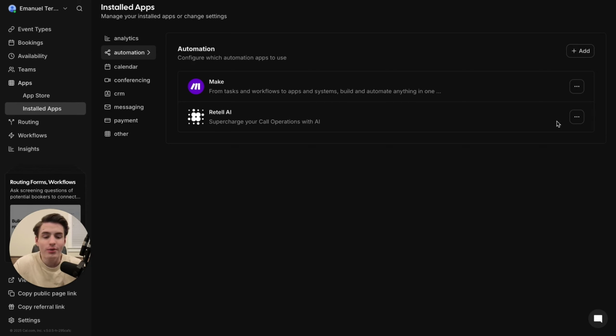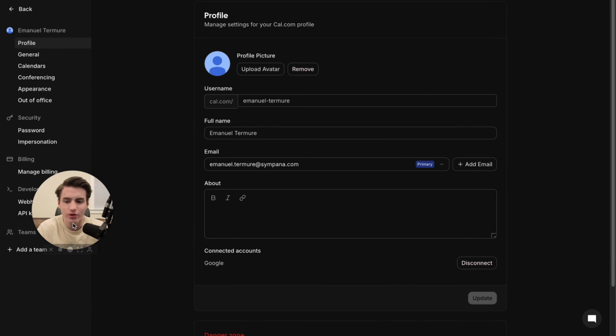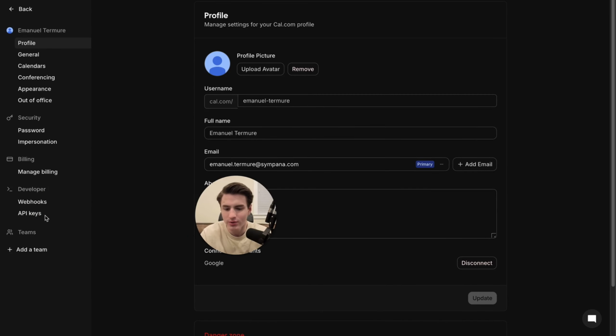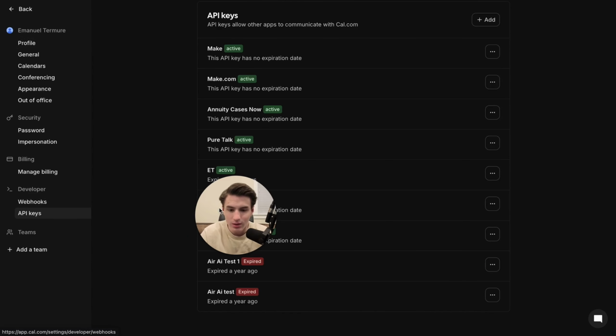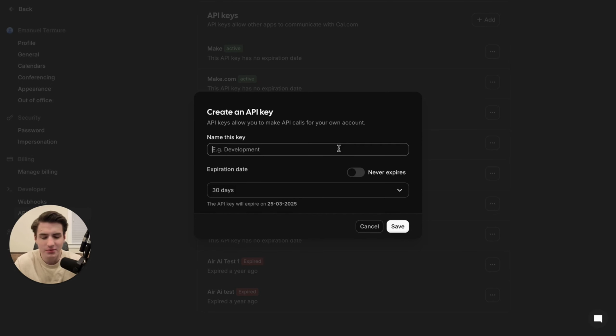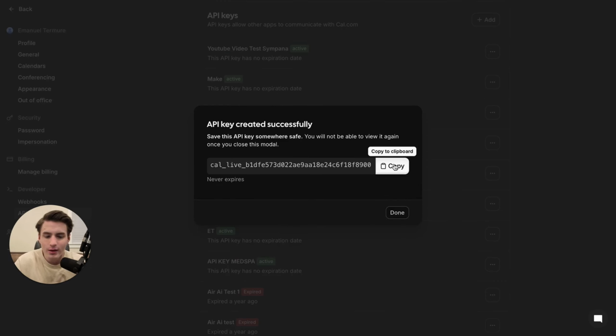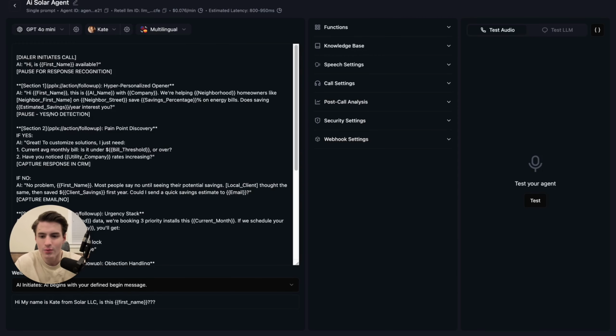Okay, so now that this is done, you're able to come over here to settings, and then we are going to create an API key. It's going to bring you to profile, and what you're going to want to do is come over here to API keys down here, and then basically click add, and then name the API key YouTube video test, never expire, and click save. Now copy this API key, come over here to AI Solar Agent in Retell,